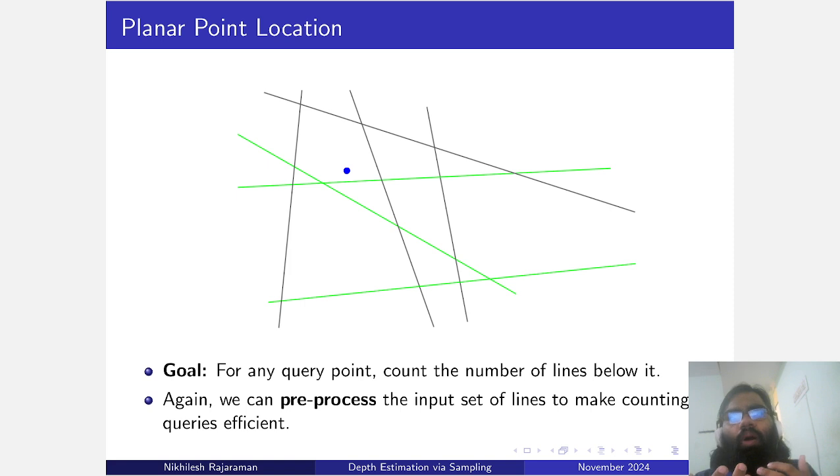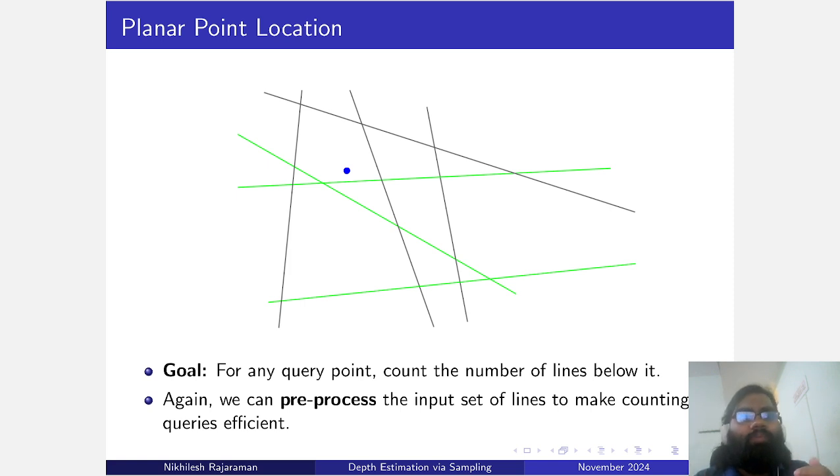In some sense, all we've really done is interchange the roles of points and sets between these two problems. So essentially, both of them are still counting problems, and instead of counting the number of points that lie in a set, we're counting the number of sets that lie below the point